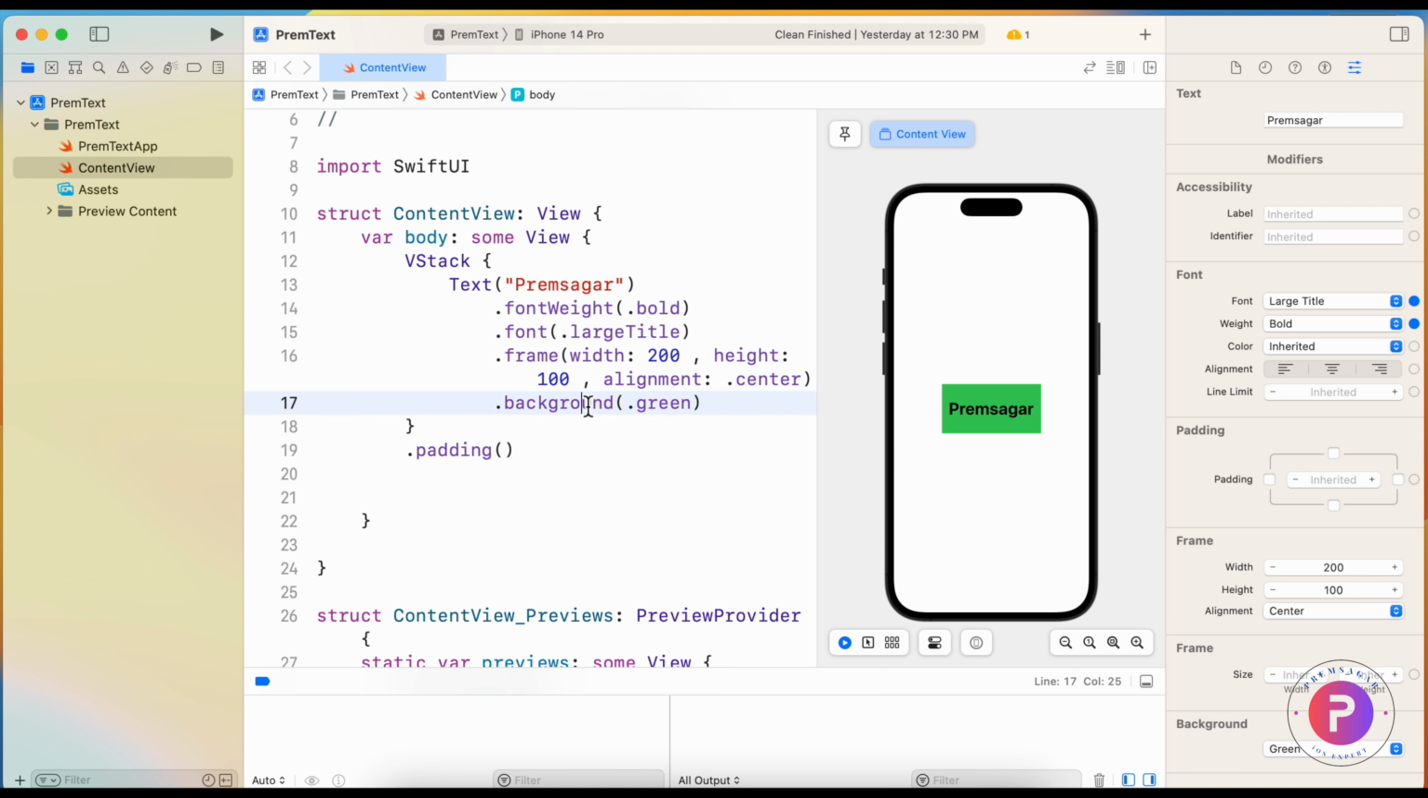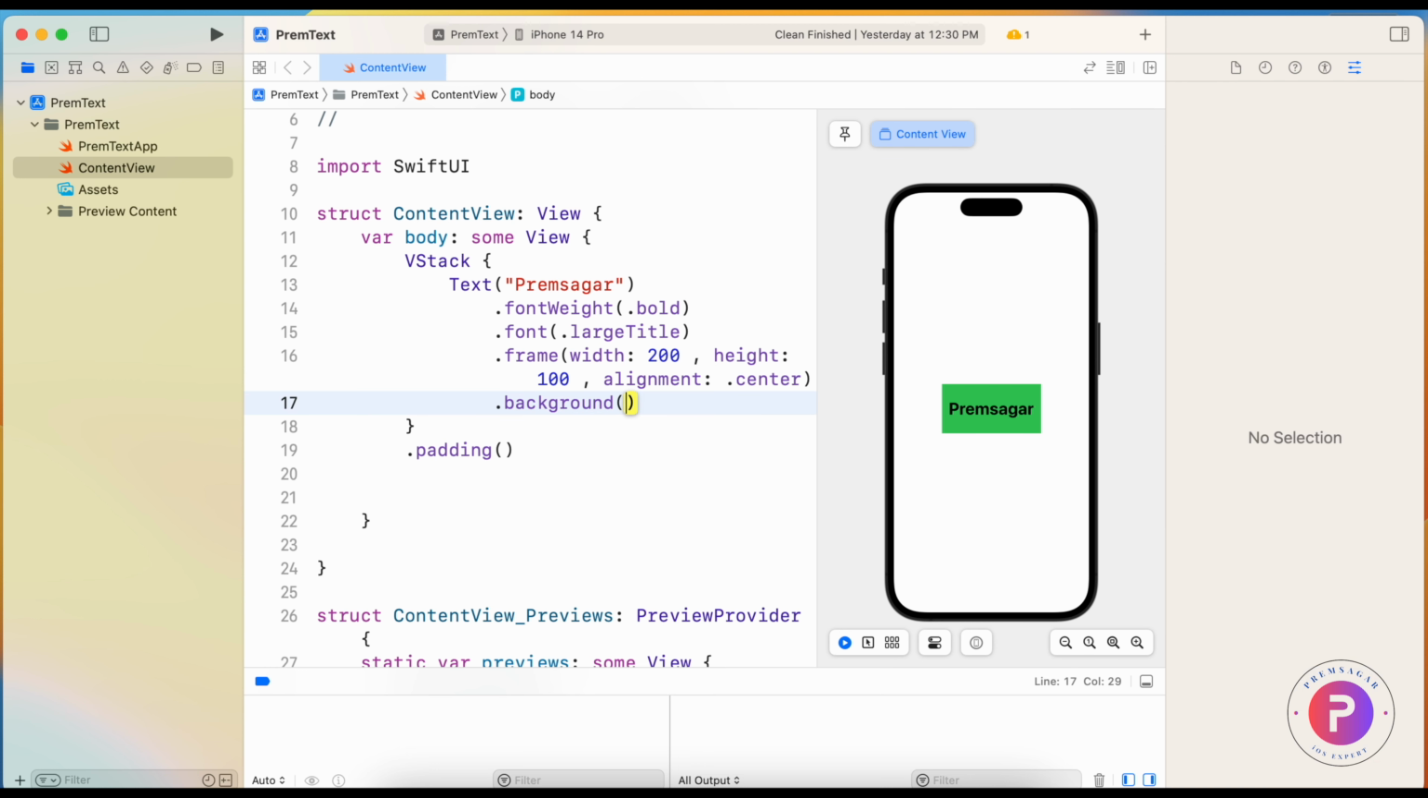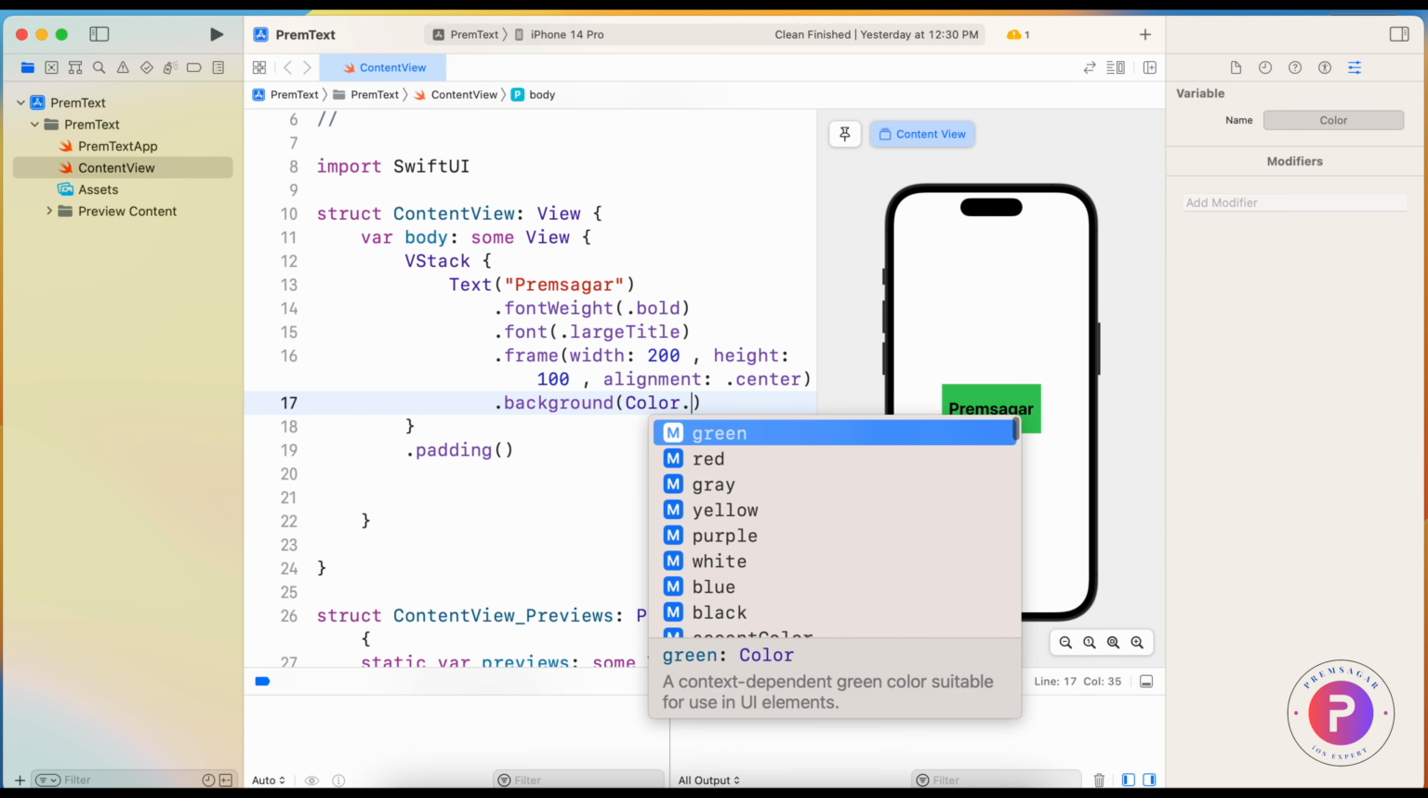Background. Background color of text. You can do something like